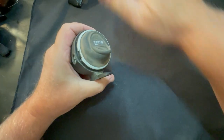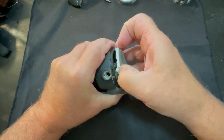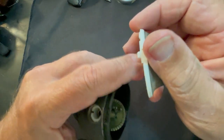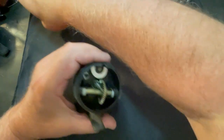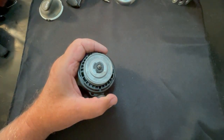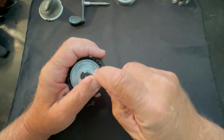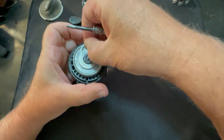There we go. With that off, the trim ring off, you can push in on the side right here. It's got a little clip on each side that fit into these little slots right here. See that little clip? And all you do is just push in on the side, and it'll pop right out. All right, we've got that out. And let's go ahead and remove this E-clip off of the